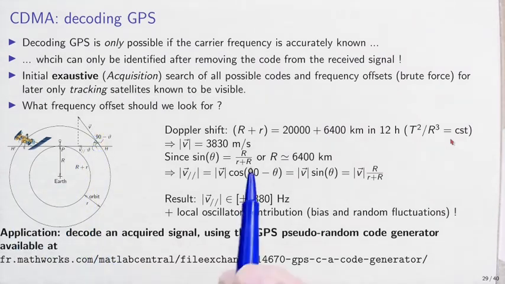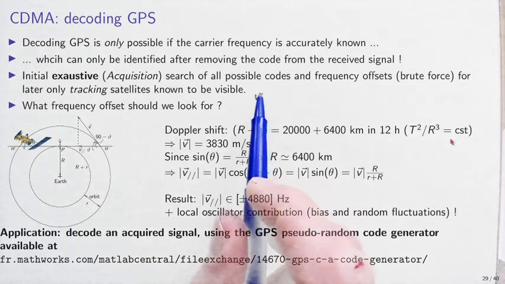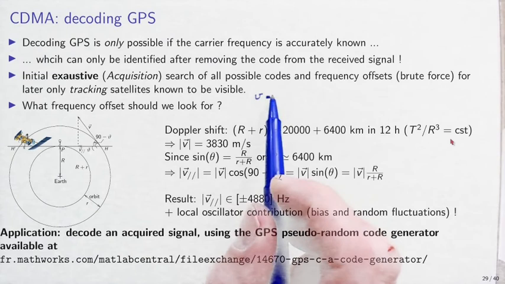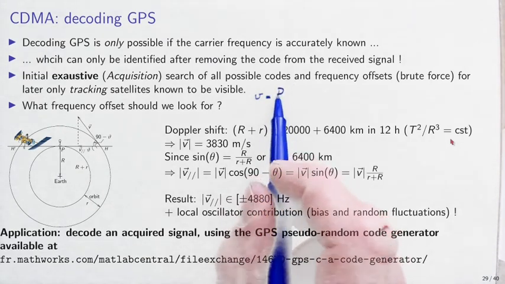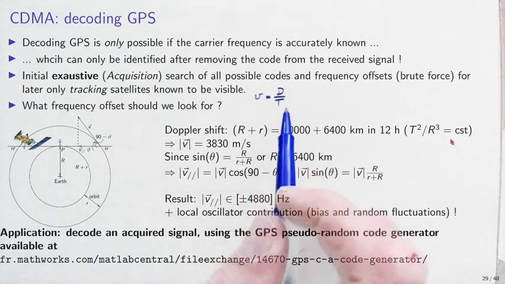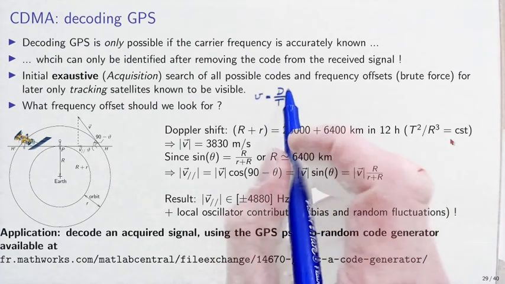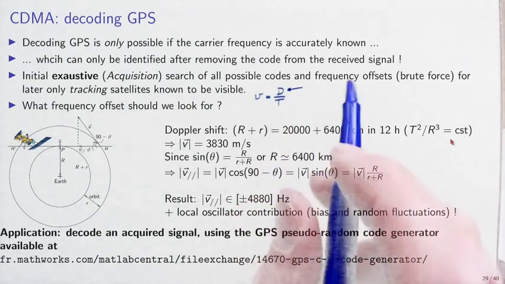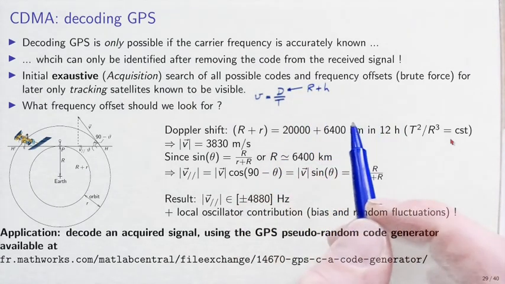So the linear speed v is of course given as the distance along the orbit, so that's the circumference of the orbit, divided by the period, so the time it takes for the satellite to rotate around the Earth. So the distance, that is the radius of the Earth, plus the altitude h of the satellite, and